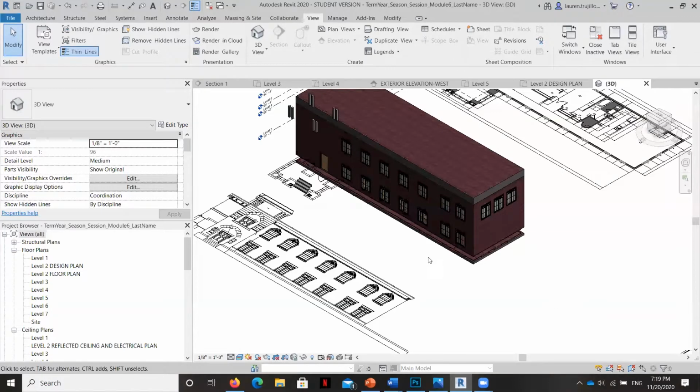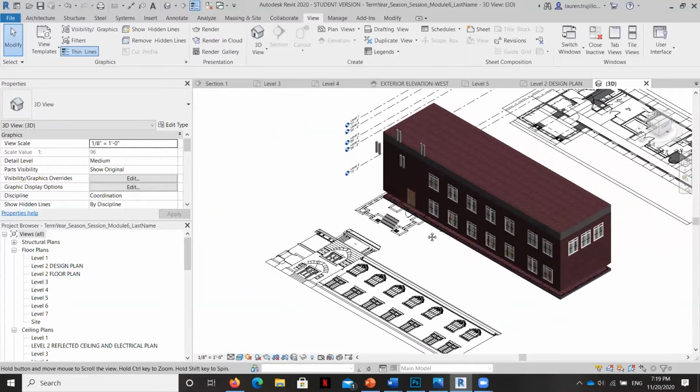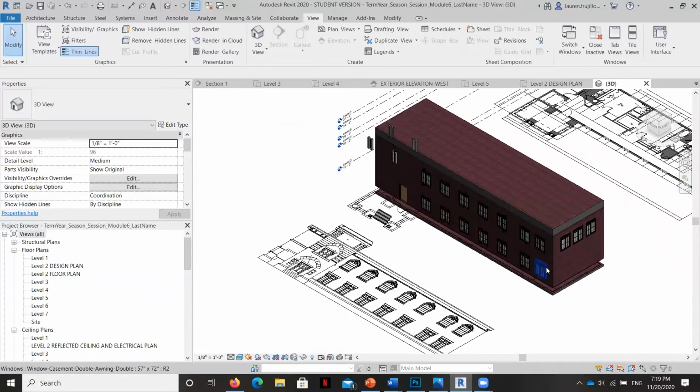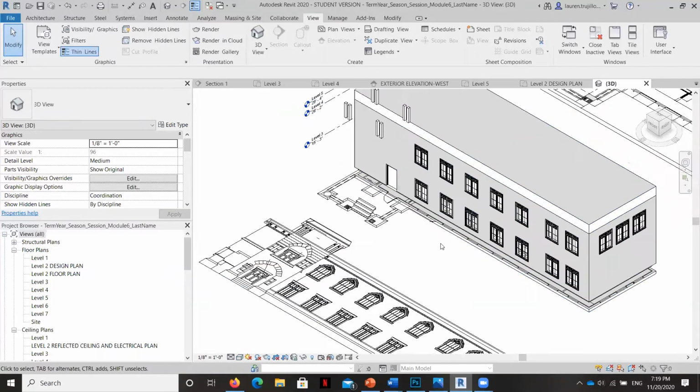But the first thing I want to do is just make some adjustments to our model itself so that this process of creating sweeps is a little bit easier. So I'm going to change my graphic displays to just hidden line to get rid of some of that texture.